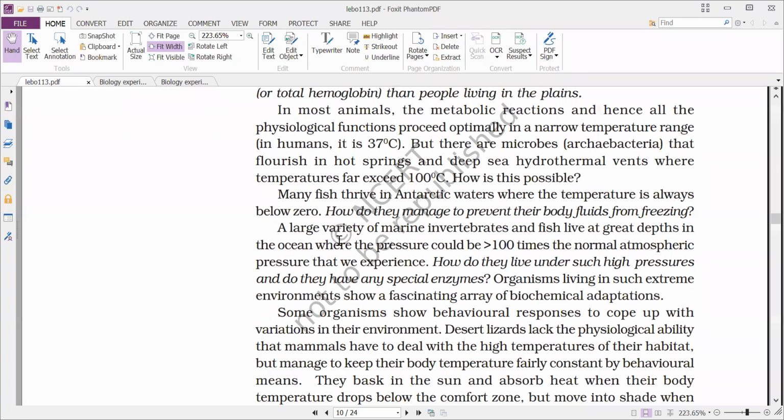We can see the upper surface is ice and the lower part is water, and the water has a very low temperature, but still the fishes are able to survive. This is because of the dissolving of certain chemicals, which reduce the melting point. As a result, the water remains liquid and helps in transportation in those fishes.